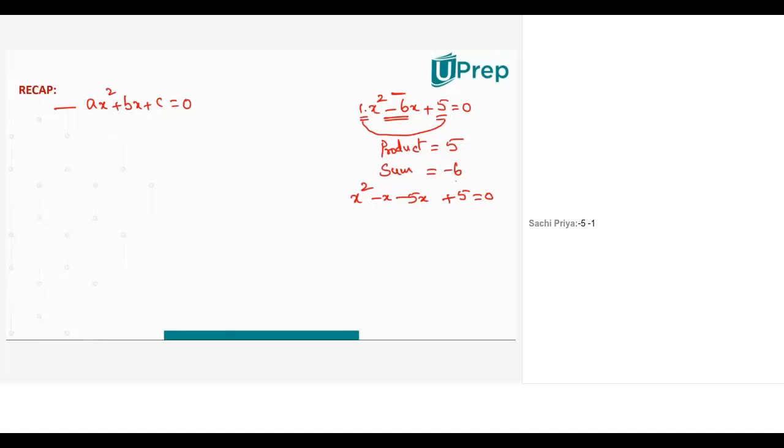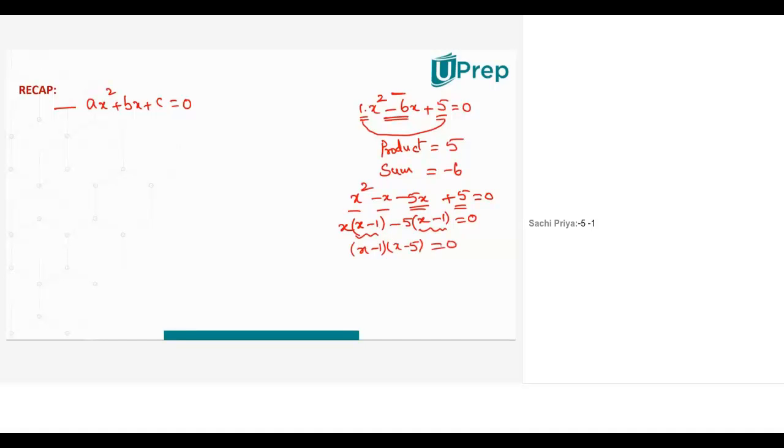Problem is over. From the first and second terms, can I take x common? Then what is left out? x in the first term, minus 1 in the second term. Now from the third and the fourth terms, I take out minus 5 common. I took minus 5 common from here, so I'm left with x. And from plus 5, I took minus 5 common, so I'm left with minus 1 again. Now if you observe, both the terms have x minus 1 as a common factor. So that gives me x minus 1 into x minus 5 equal to 0.